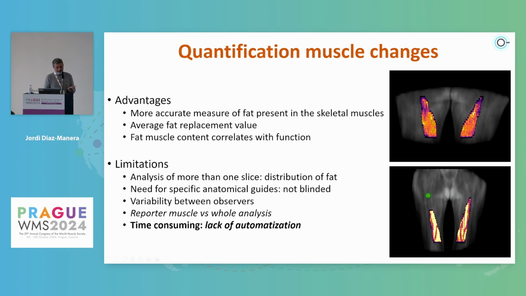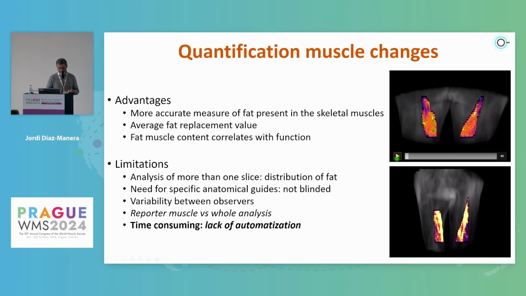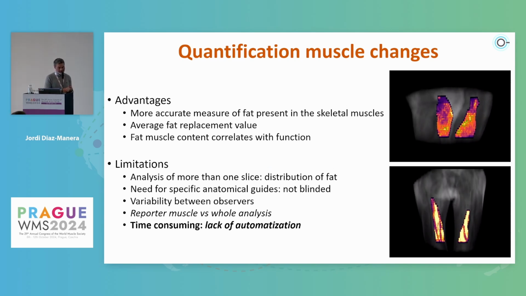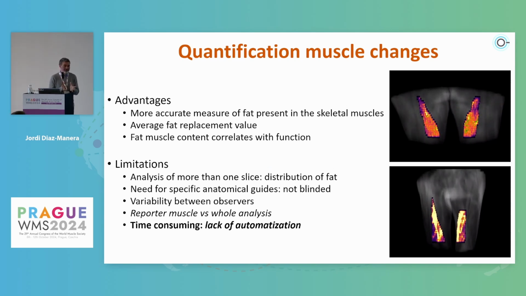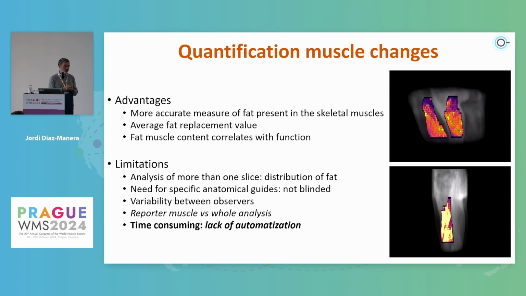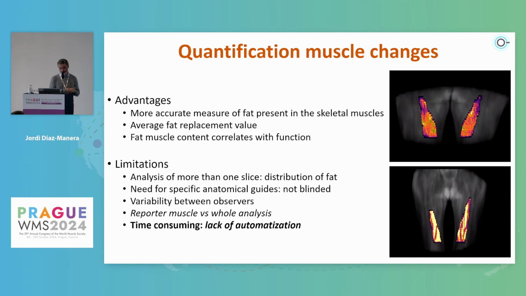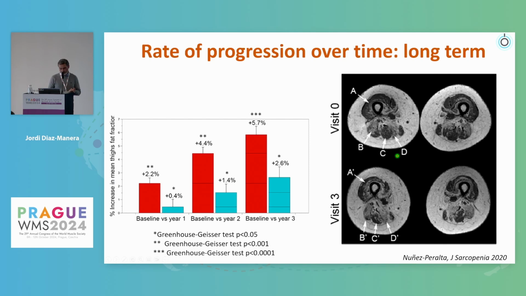So quantifying the fat fraction in muscle has some advantages, of course, and I'm going to put these videos that are nice. The main advantage is that it gives you an idea of the amount of fat that is present, and this is purely objective. It's the truth. This is the amount of fat that is present in the MRI, or the number of pixels that we consider fat. And then it allows us to investigate, for example, how this fat is distributed, and you can see here,